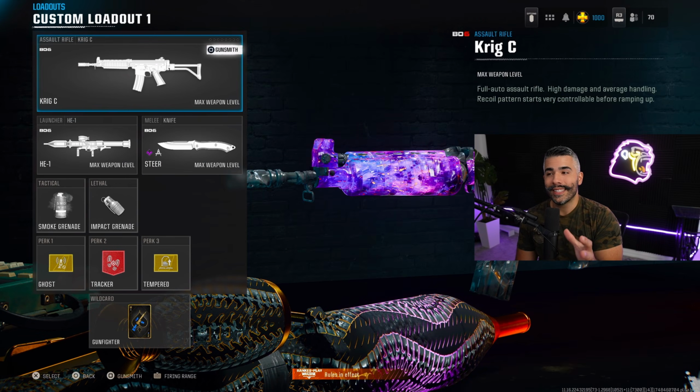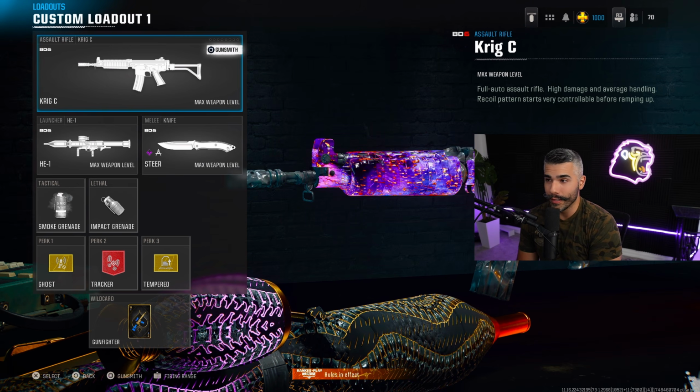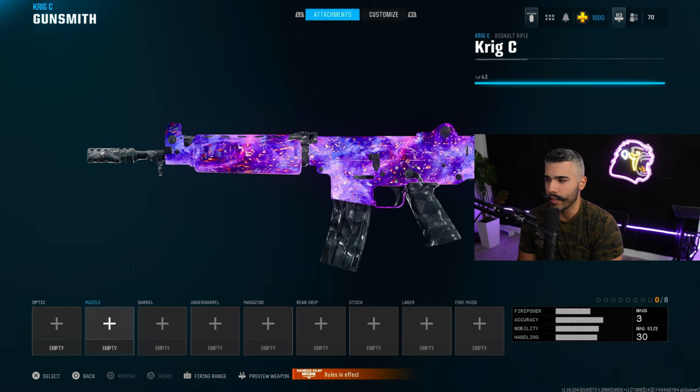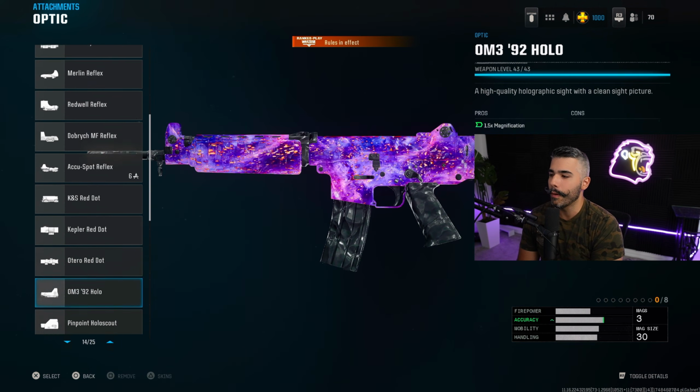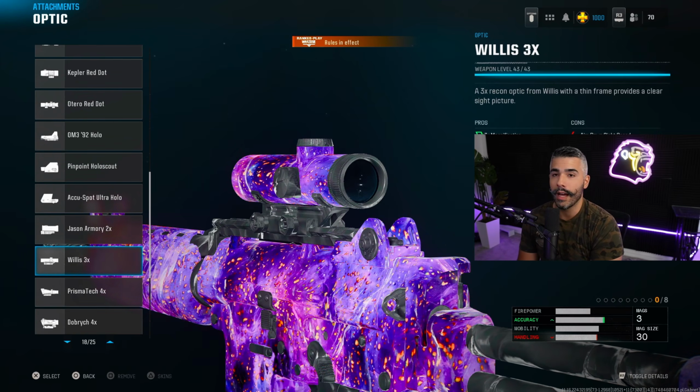So the Krig still received a bullet velocity buff, and this is the #1 assault rifle that you want to be using. It does it all. Now, I do recommend to run Gunfighter, but we will be showing you a 5 attachment build as well. For the optic, I'm a big 3X. It gives you recoil control, and obviously you can see farther, which will allow you to laser people across the